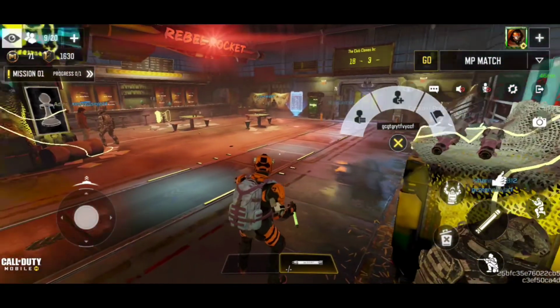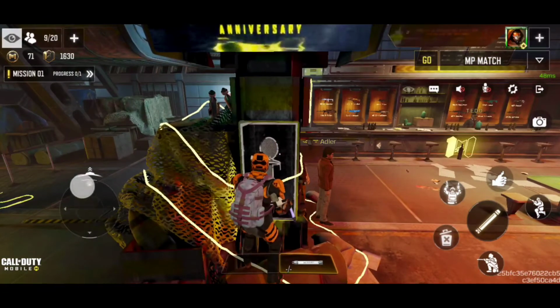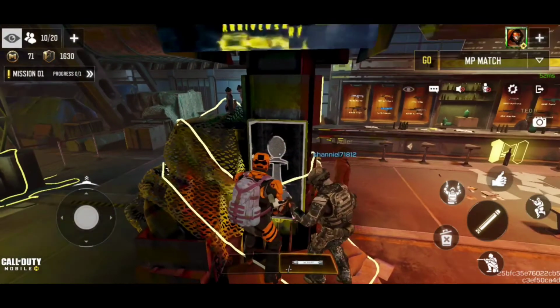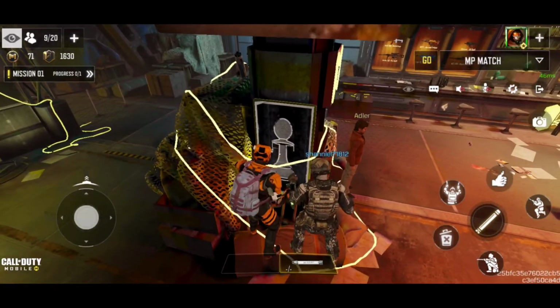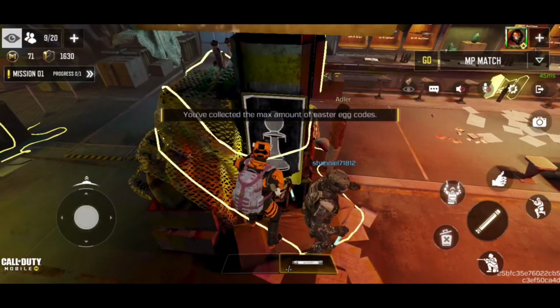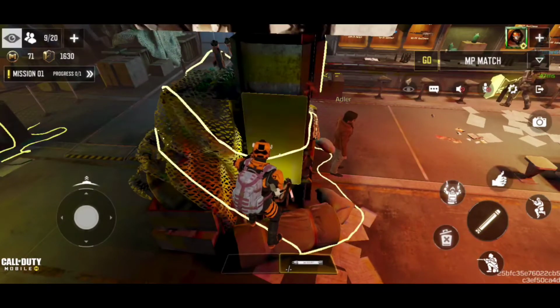Once you do that, you're going to turn around. You're going to come over here to this chess piece. It's a pawn, which will make more sense here shortly. You are going to keep hitting it wherever that sweet spot is. There we go. As you can tell, I've already collected the maximum amount of Easter egg codes that I can get,